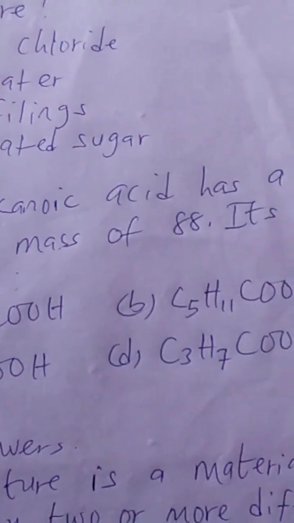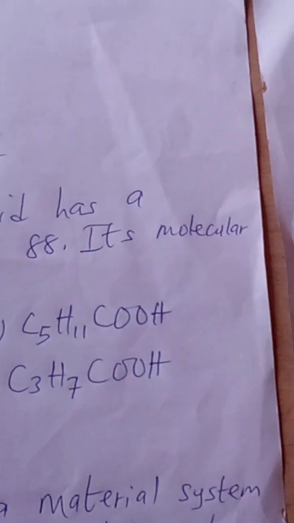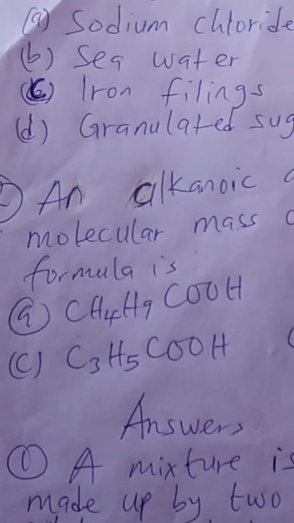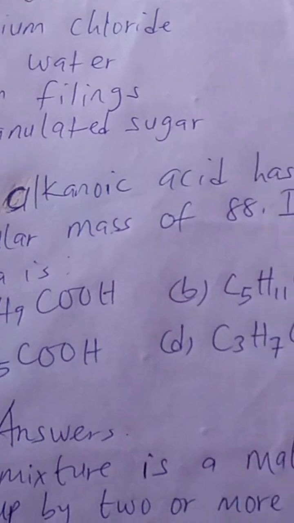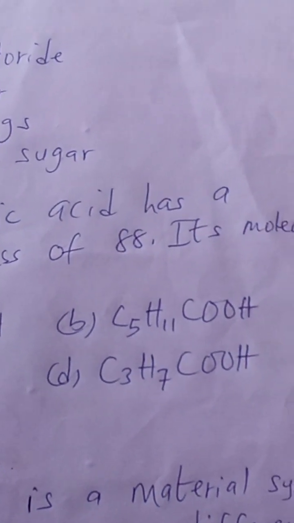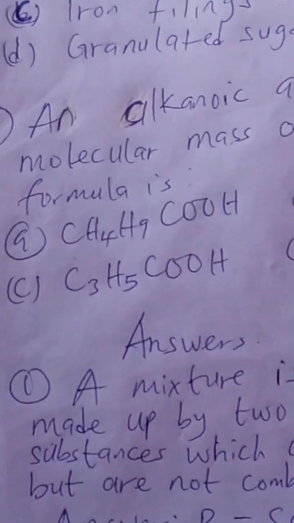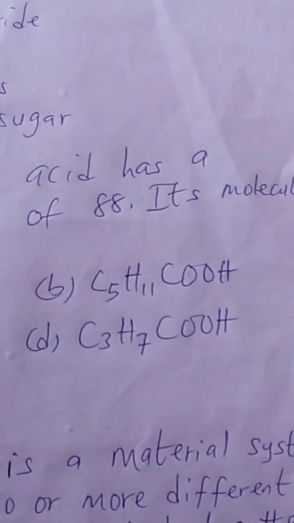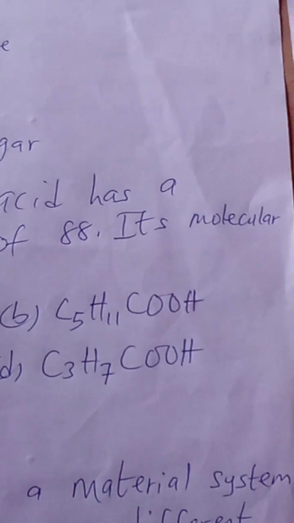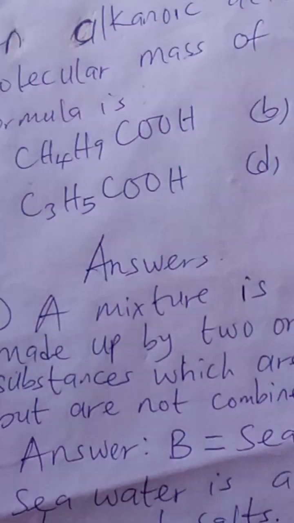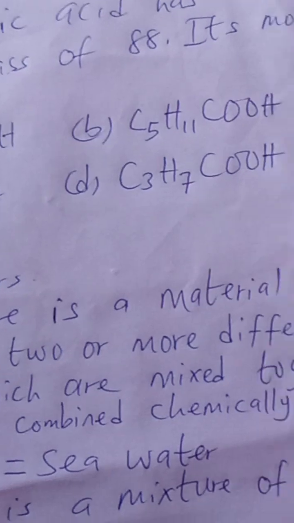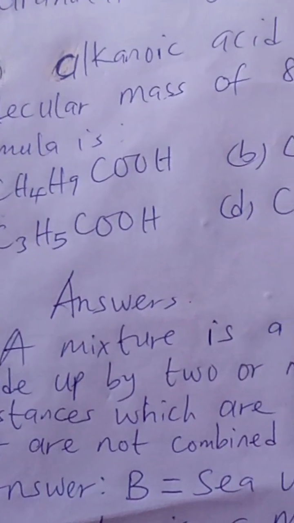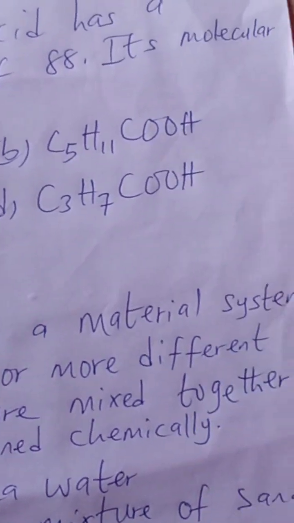molecular mass of 88. Its molecular formula is A. C4H9COOH, B. C5H11COOH, C. C3H5COOH, and D. C3H7COOH. And then the first question: a mixture is a material system made up of two or more different